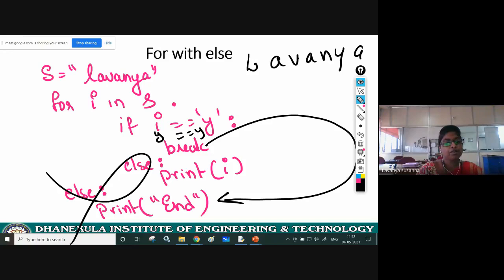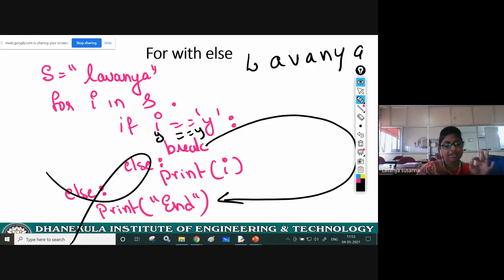Why? Because you are making control come forcefully out of the for loop. Inside the for loop, if you use break, control comes forcefully out of the for loop, and at that time the last else of for with else will not get executed. Otherwise, it will get executed.